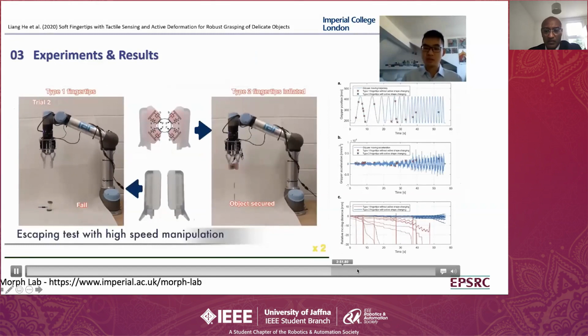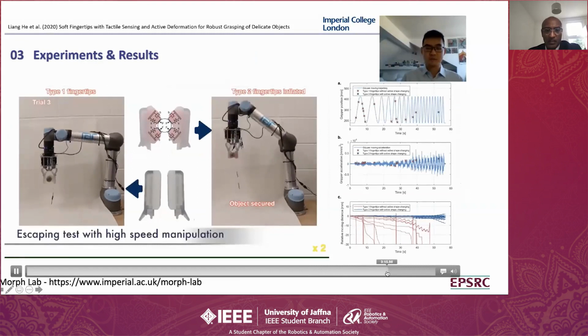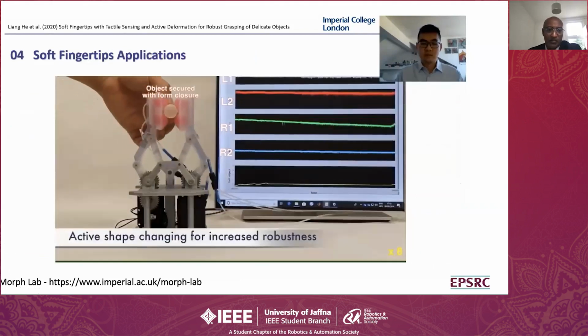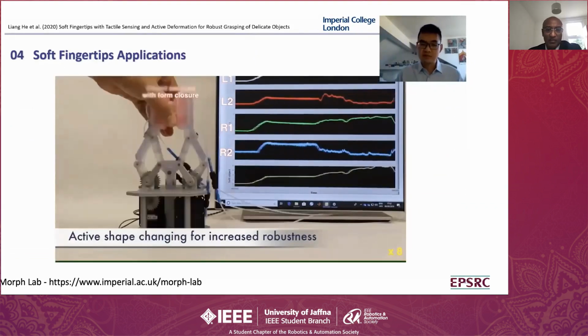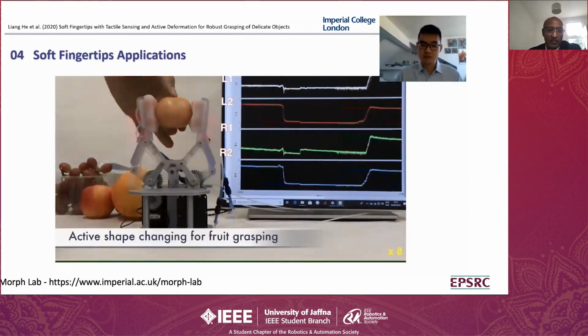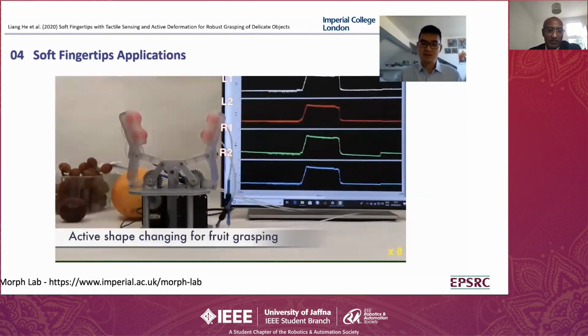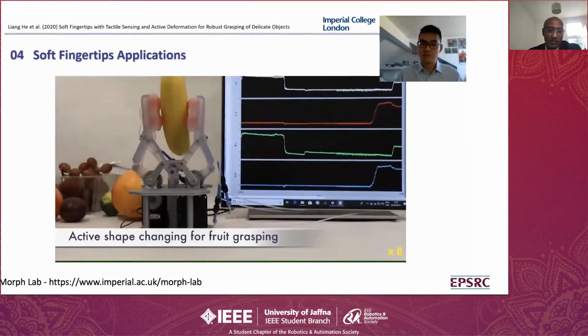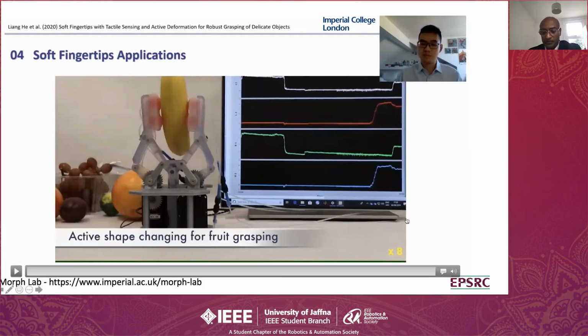So hold on. These are like uncertainty tests. Here you can see how good the grip is on tomatoes and that kind of soft objects, raspberries, strawberries, bananas, mostly for the vegetable and fruit packing industry. This is useful.